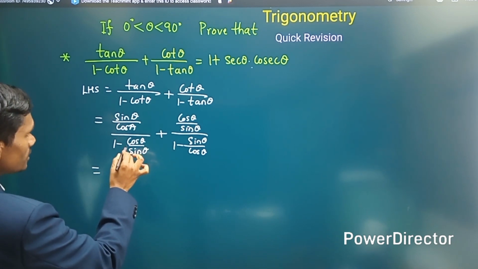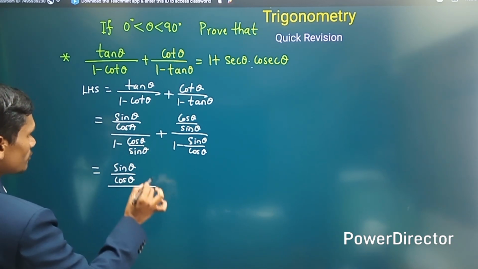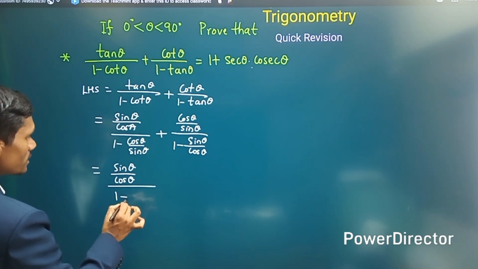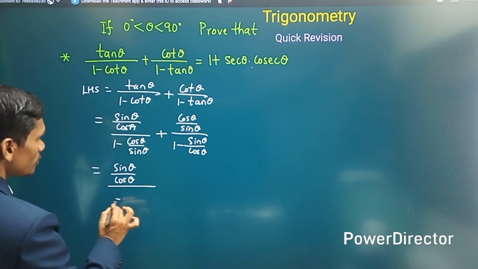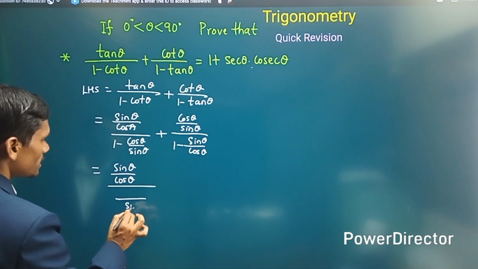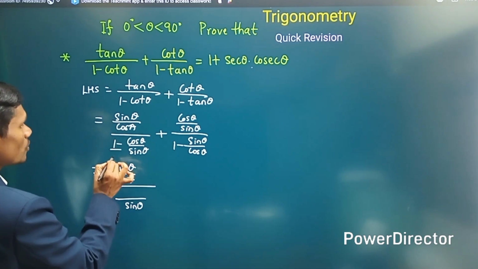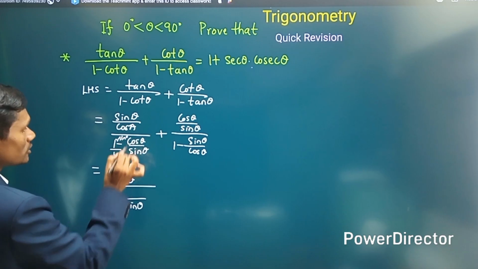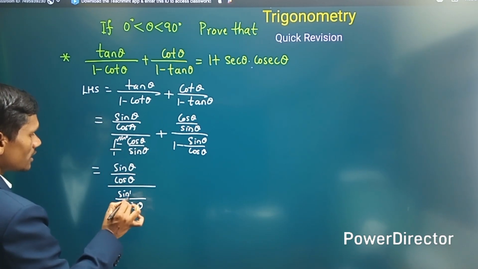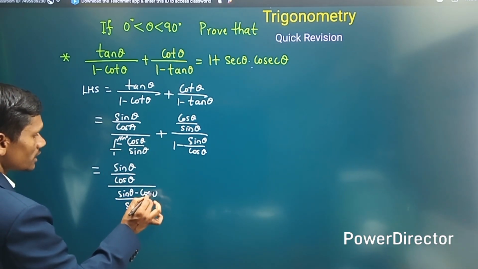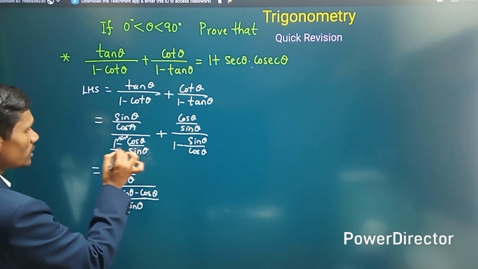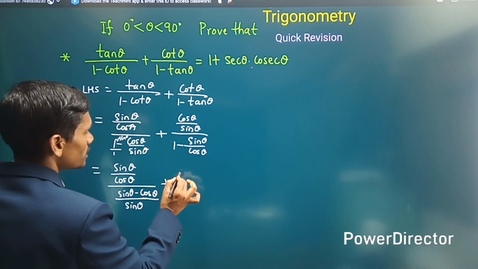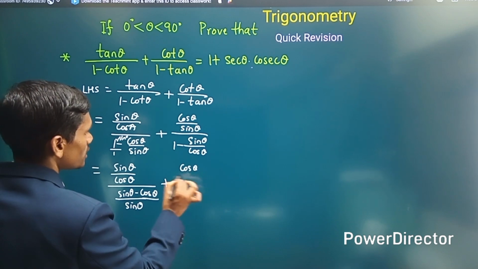Next, coming to here, sin theta by cos theta I'll write as it is. Here, this you have to simplify. I'll take one step extra so that it becomes clear to you. 1 minus, here LCM you need to take. If you take LCM, what do you get here? Sin theta, right? Here 1 into what do you write here? Sin theta, so this becomes sin theta minus cos theta, sin theta into 1, here 1 into sin theta. Plus here cos theta by sin theta